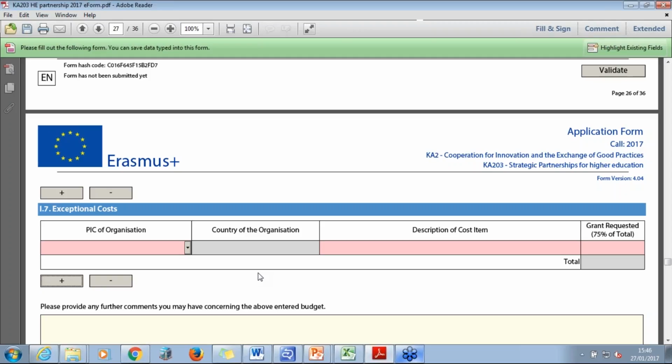So exceptional costs are based on actual costs and must be supported by invoices and receipts at final report. Please clearly reference the section of the eForm where justification is given for exceptional costs that are being requested. Please, before requesting exceptional costs, check whether the cost cannot be covered under any other budget categories, such as project